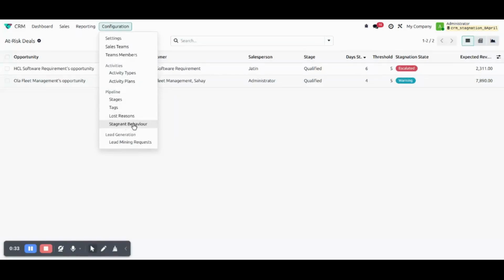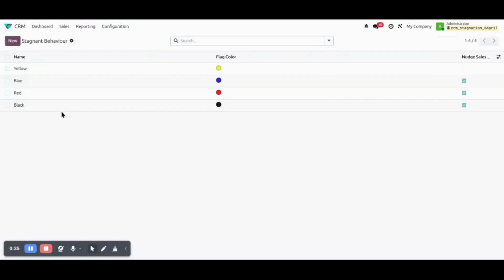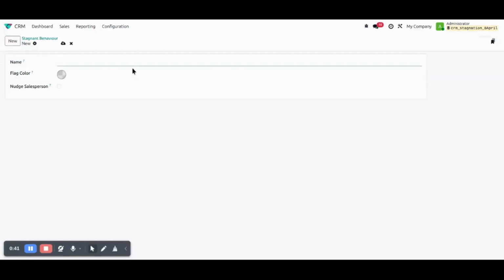So let's start with the staging behaviors. Inside the staging behavior, we can add multiple staging behaviors. So let's start with creating one. Inside this staging behavior, we have three fields: name, flag color, and nudge salesperson. Inside the name, we can add the name of this staging behavior,